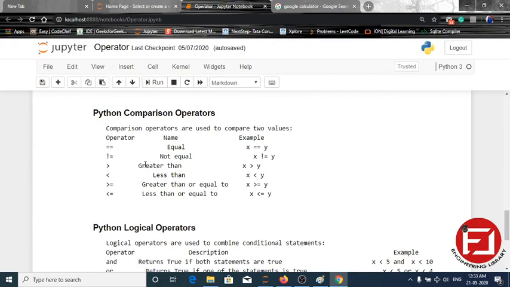If x is smaller than y, then subtract 2 from y, or decrement the value of y. If x is greater or equal to y, then increment the x value by 2, and if x is smaller or equal to y, then decrement the value of y, something like that. This is only an example.